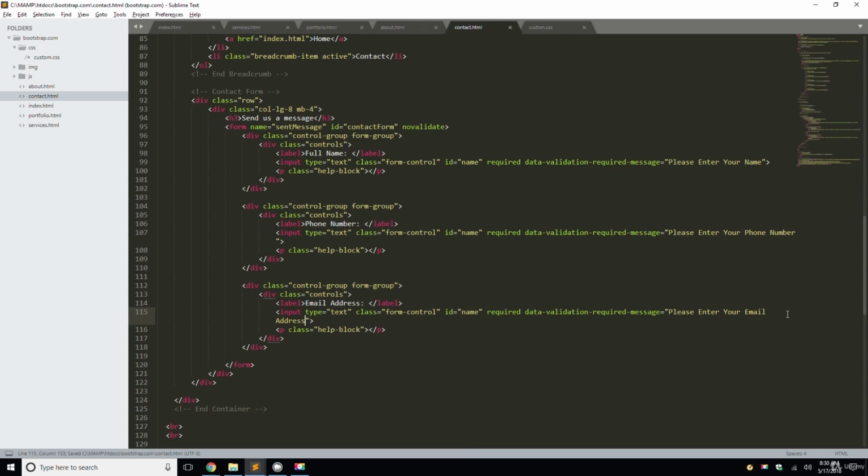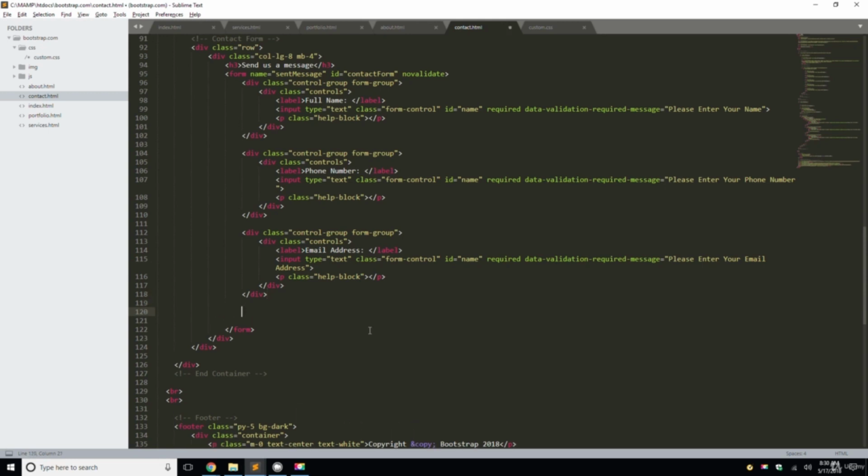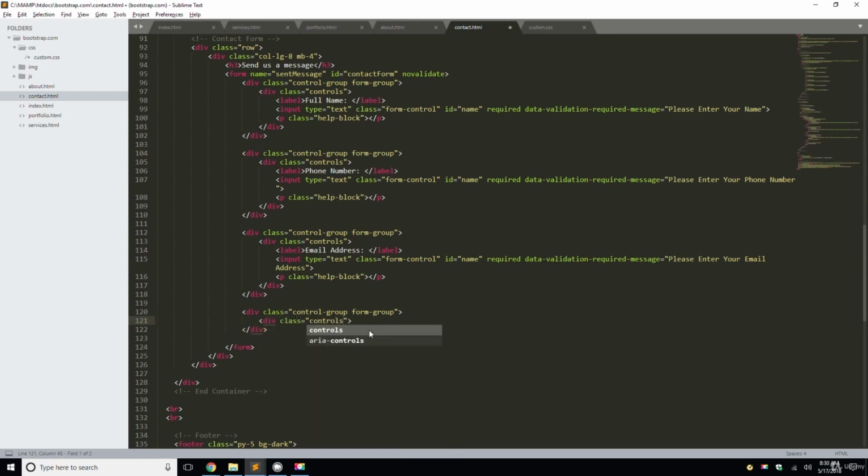Okay, and then we're going to do message. So this one is going to be completely different. So we're not going to copy and paste this time. We'll just return twice, and we're going to do div class control dash group form dash group, close that div, and we're going to do div class controls, close it, and then inside of there we're going to do the label message colon label, and below that we're going to do input type